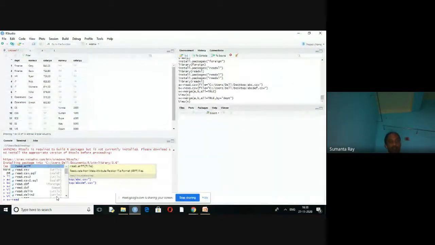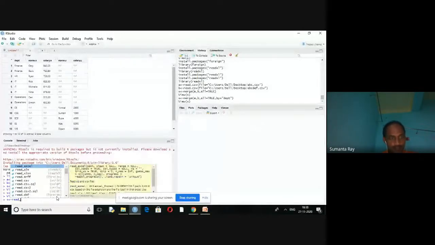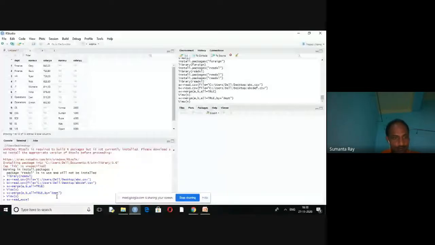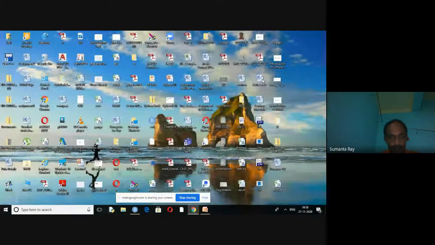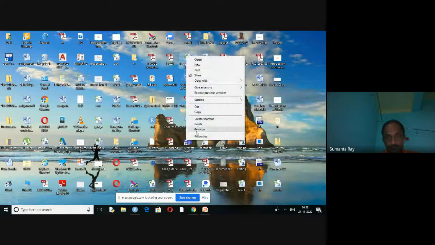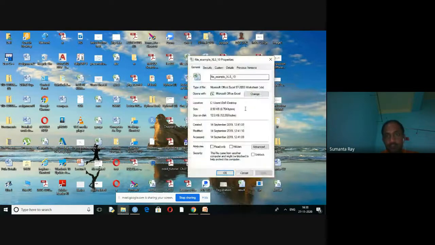Now I have already installed the Excel package. That is another way. I have already imported the XLS file. Just copy the path. Here I am choosing this one. Here this one is the path.